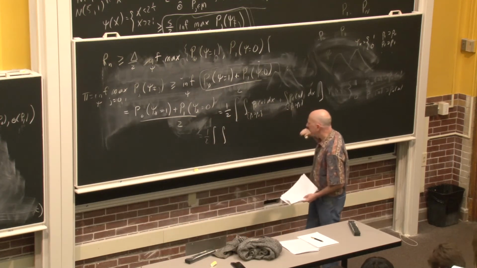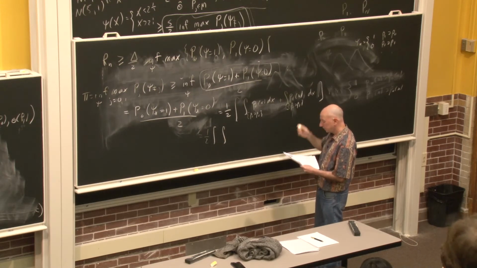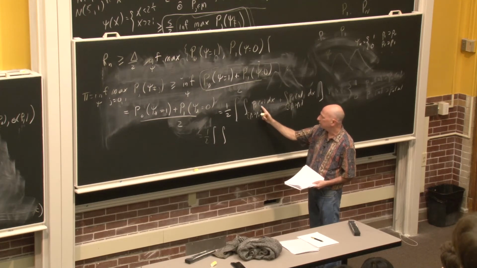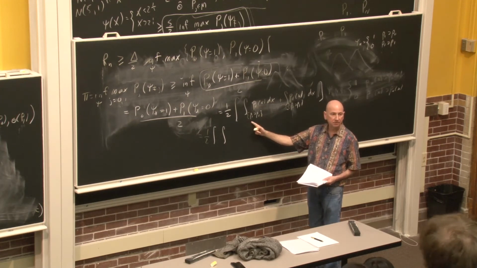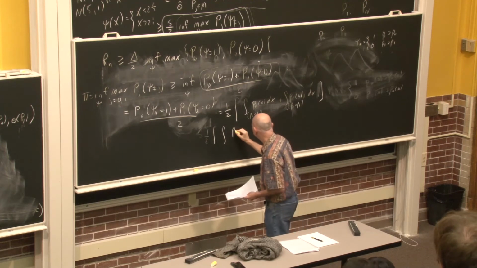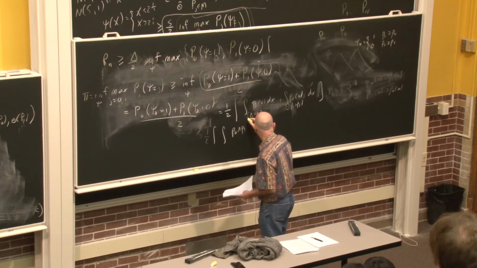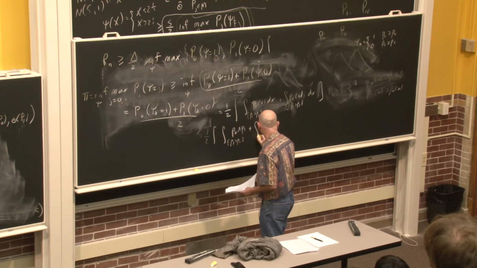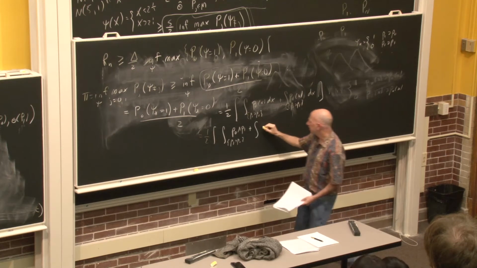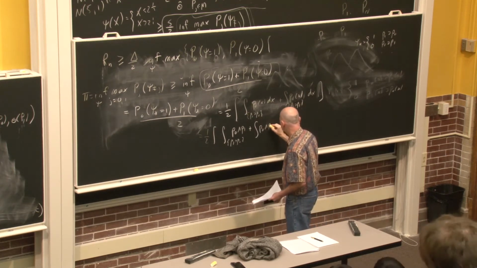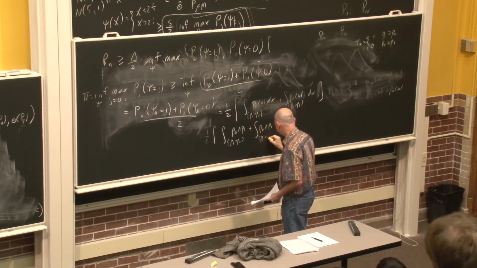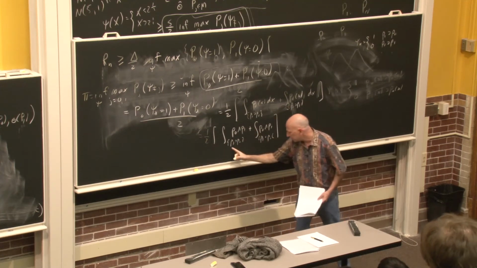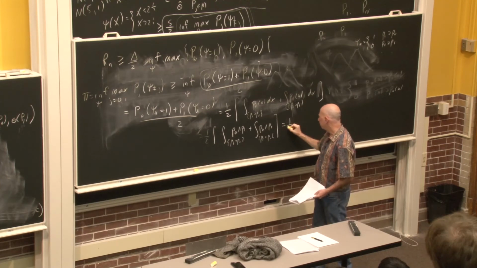Because on this set, what is P0? It's the minimum. So this is the minimum of P0 and P1 on this set. Same here. P1 is the minimum in this set, so this is the minimum of P0 and P1 on the other set. And the minimum over this set and its complement is simply equal to the integral